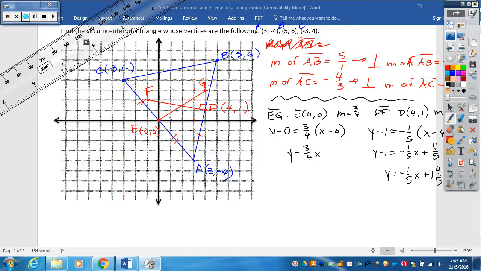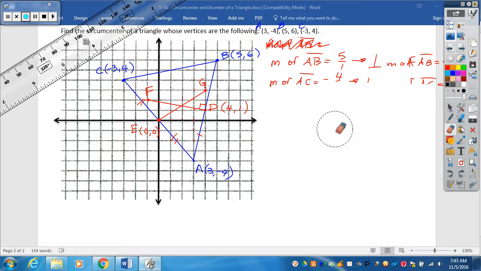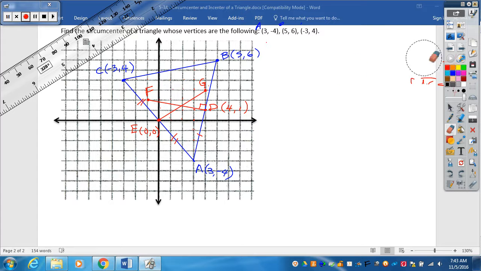I'm going to clear this off so that we can see everything a little bit better. Don't forget those equations. The one equation was y equals 3/4 x, and the other equation was y equals negative 1/5 x plus 1 4/5. So if I plug in the 3/4 x for this y over here, bringing those two equations together,